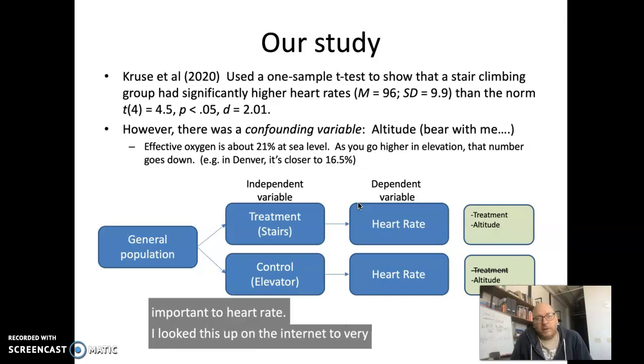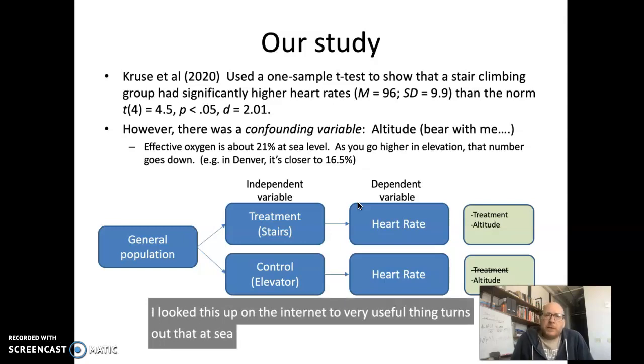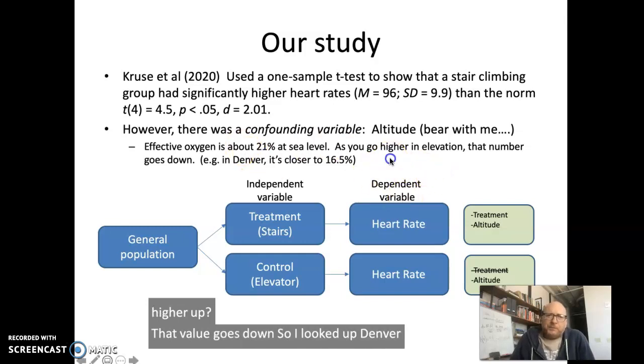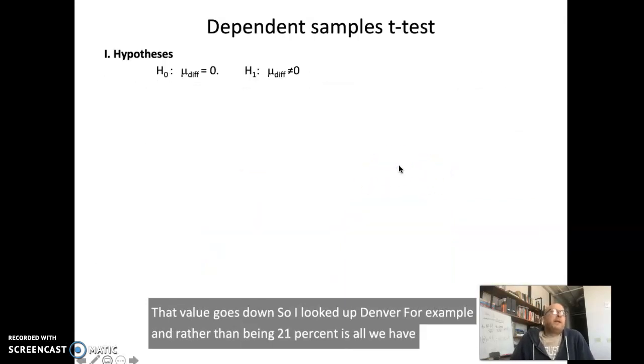That's the confounding variable that we're controlling. But they don't get the treatment, which is the actual stair climbing. So what I did is I got my kids to do this, and they went,